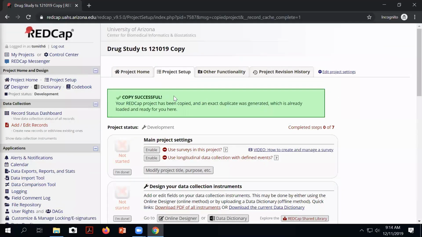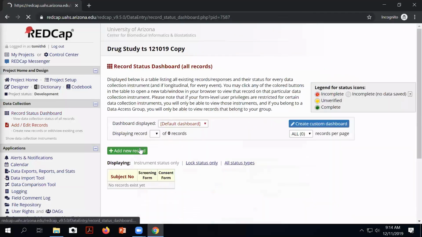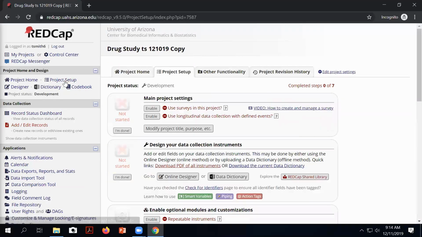and it tells you in green the copy is successful, and you see the name of the copy right there. So now you play around, and you can also see, if we look at the record status dashboard, there are no records because I chose to not include those records. So if I come back to my project setup tab,